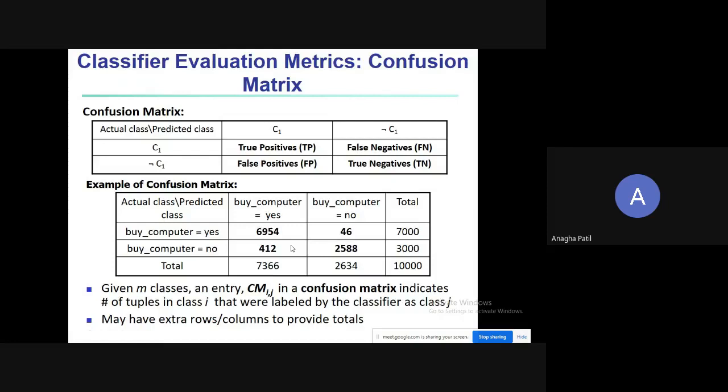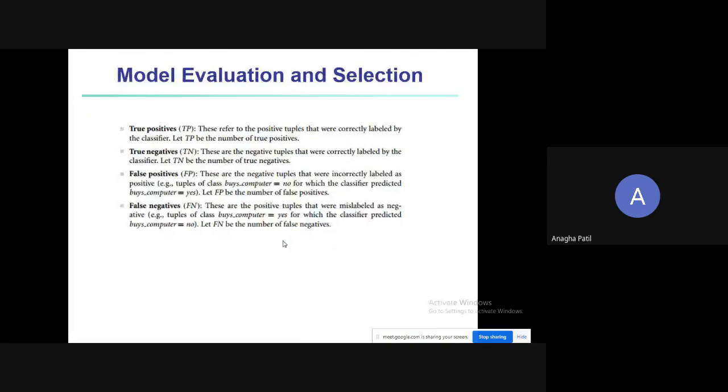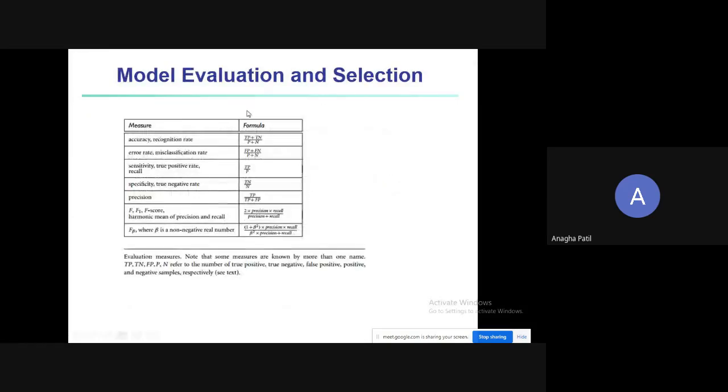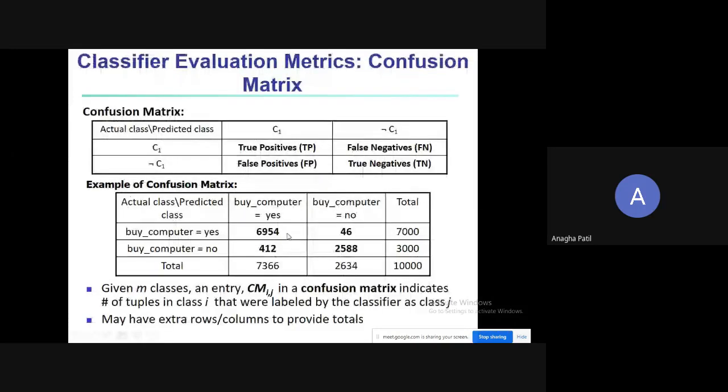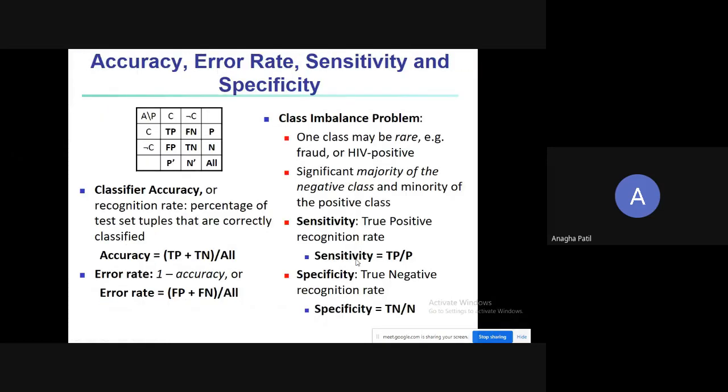Accuracy is true positive plus true negative divided by P plus N. So this would be 6954 plus 2588 divided by 7,000 plus 3,000, that is 10,000. This gives us the accuracy.